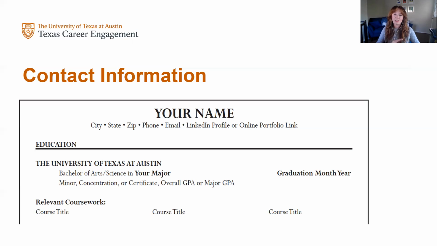But it can be helpful to list your city, state, and zip code if you are a local candidate and you want to indicate to the employer that you are already located where they are, or you are planning to return to where they're located. So let's say that you are from Houston and you've been up here in Austin for your school, but your plan is to go back to Houston for an upcoming internship or a job that you're applying for. You may want to indicate on your contact information that you're from Houston so that they know that you're going